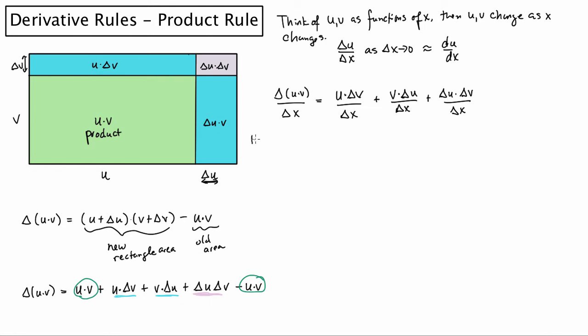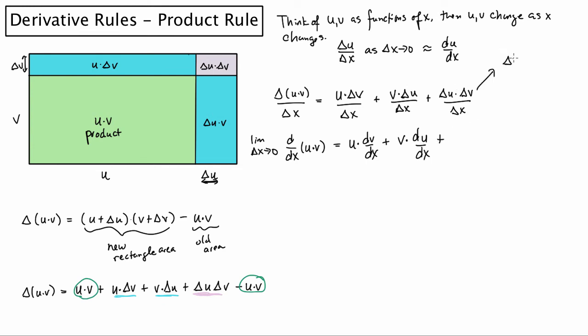Now, if I then apply the limit as delta x goes to 0, delta UV with respect to x is the derivative with respect to x of the function U times V, and that's equal to U times delta V over delta x, but that's dV dx, plus V times, excuse me, the change of U with respect to x is du dx. And then finally, if you look here,